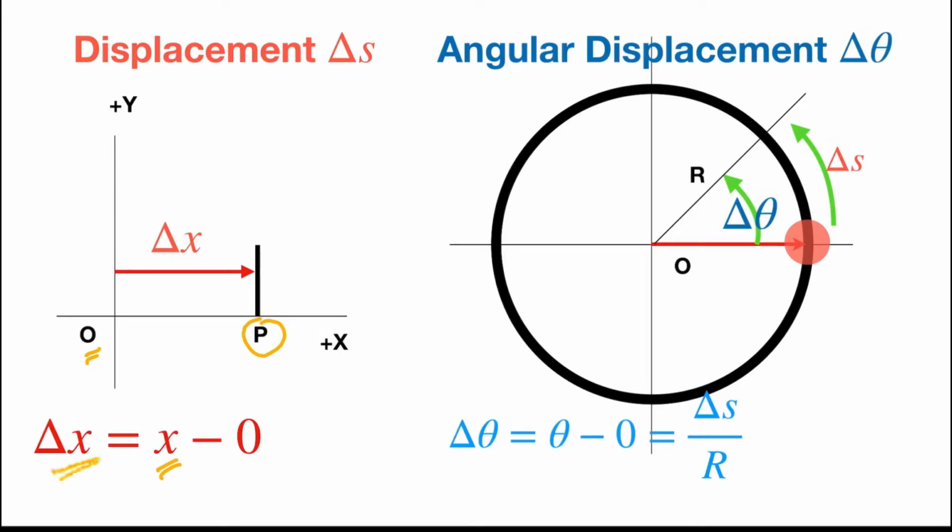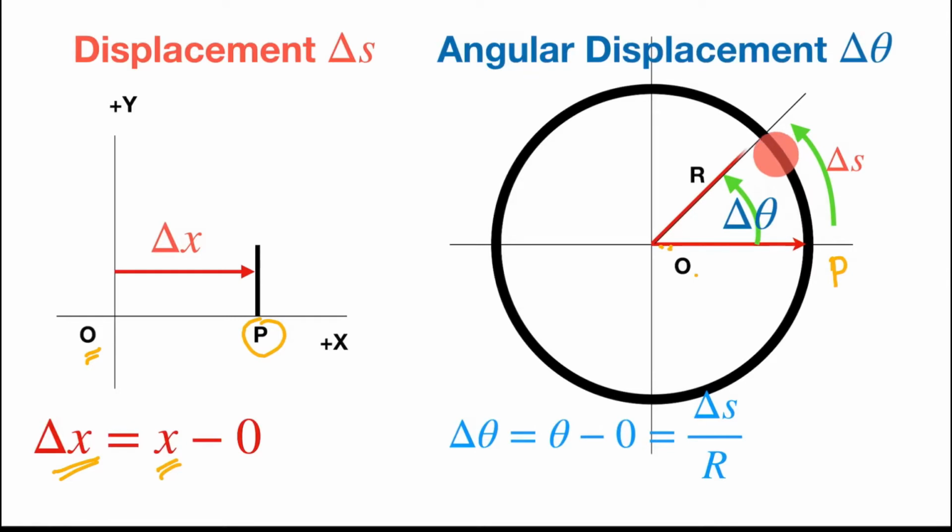In case of circular motion, we'll take the x-axis as a reference axis. Here is O, and this is a point P for example. This OP represents the initial position of this object on this circle. This is represented by the radius and the angle theta, which is being made with this x-axis. Here theta is 0. So OP is the initial position.